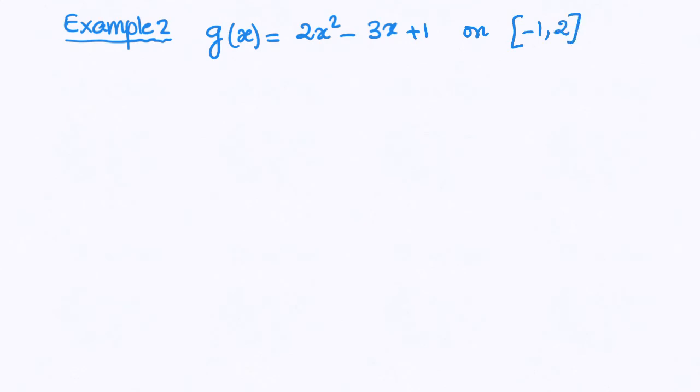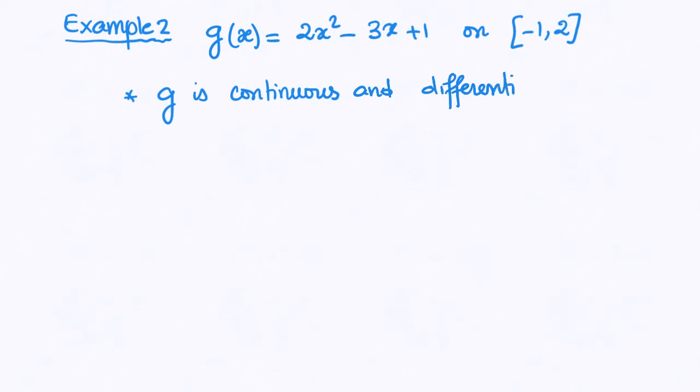It's continuous, of course. g is continuous and differentiable all over R, so in particular on the interval, and differentiable on the whole of real numbers. It's a polynomial, so we have no problem there. So we are sure there